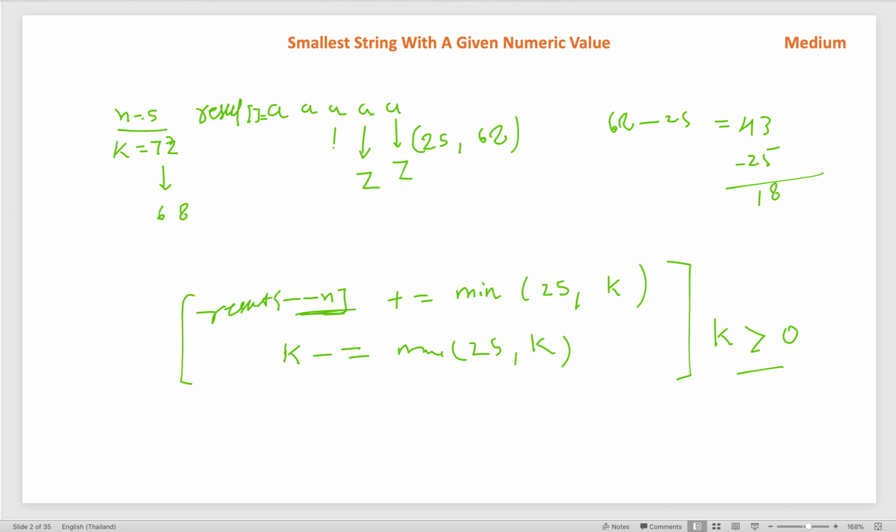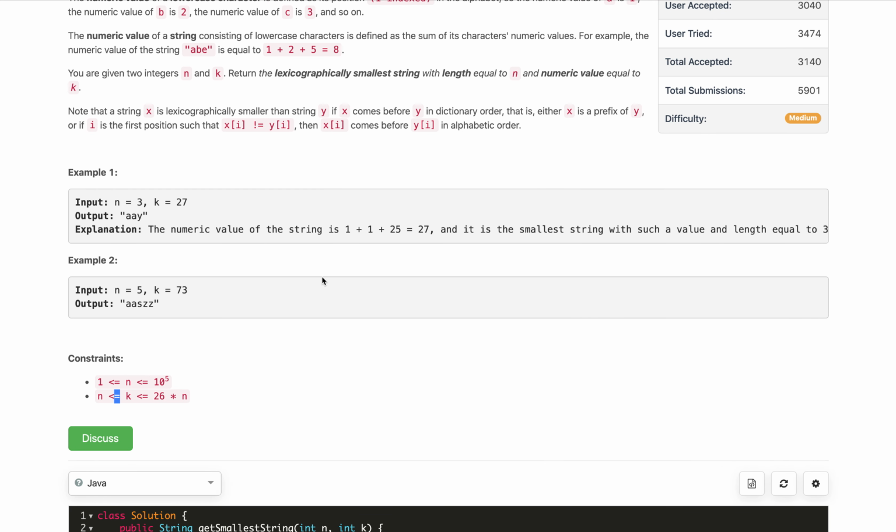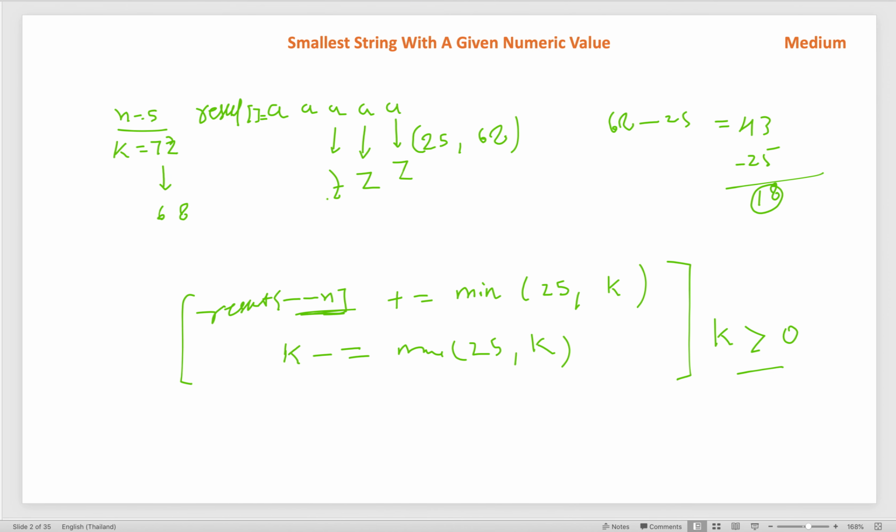So now in this character, k is minimum 18, and then we will add 18, and after adding 18 this will become the 19th index character, which will be T. I guess so, T or S. Oh, S, T. T will be one more extra, so this will be S. So the final string will be AASGG. So this is our lexicographically smallest string of 5 characters whose numeric sum is 73. So these are the 2 steps we will follow. I hope now you got the full idea.